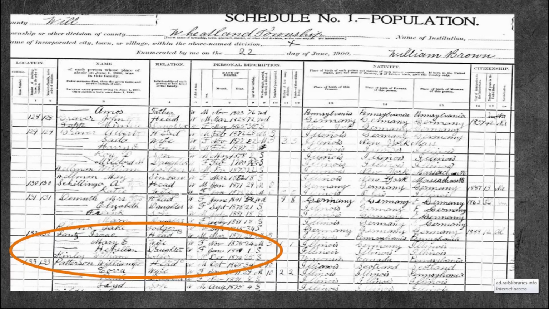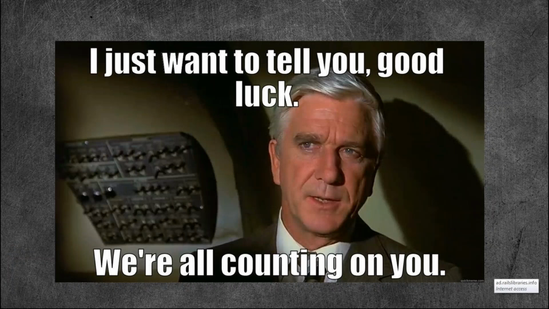So do we have the same child? Not 100% sure if we have the same child, but it's a pretty good indication that we're dealing with the same family based on the geographic location, the age of the child, and the proximity to the studio from the farm. So those are all avenues of research to help find what you're looking for. So like I said, I was in an airplane mode, so just want to tell you, good luck, and we're all counting on you. So any questions?